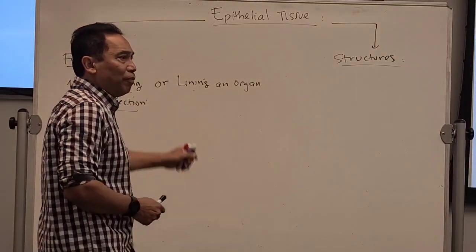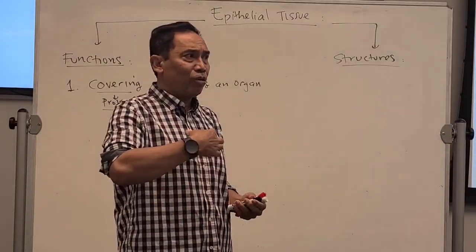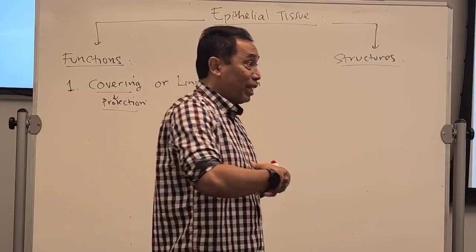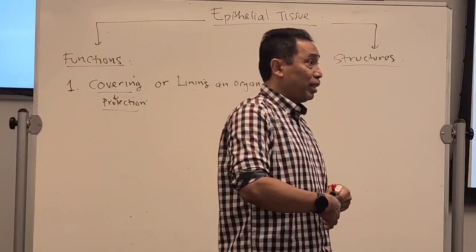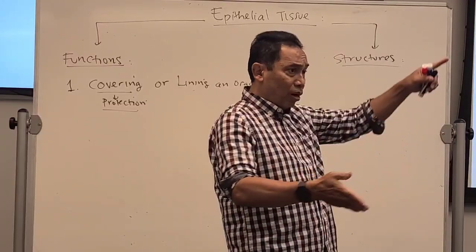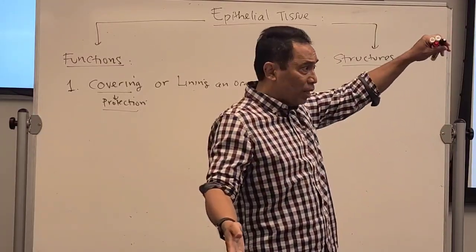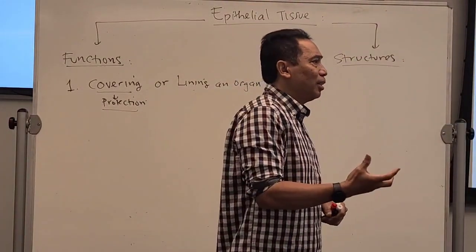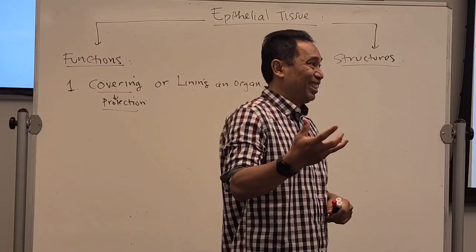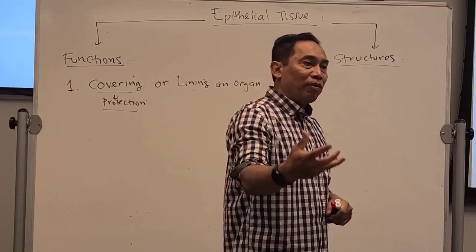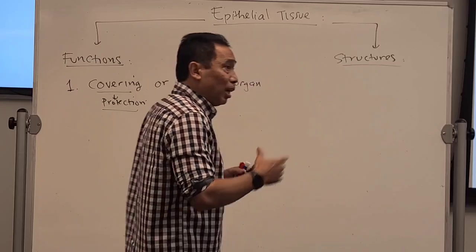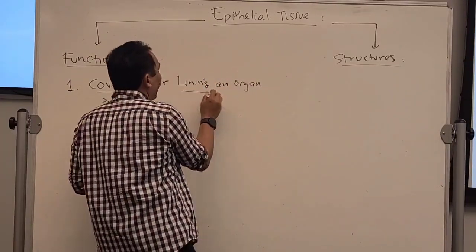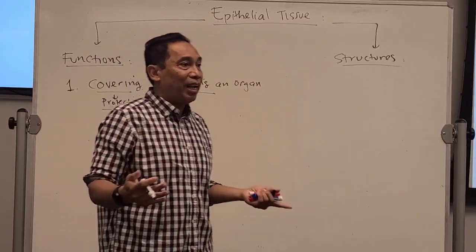Some organs have what we call the lumen. Do you know what lumen means? It's the space within the organ. Sometimes it's called lumen if it is a long organ, like the GI tract. Every GI tract will have a lumen in it. If it is just a small space, like in the heart, sometimes it's called a chamber. So some organs have a lumen, some have a chamber. The lumen and chamber are also lined by the epithelial tissue.